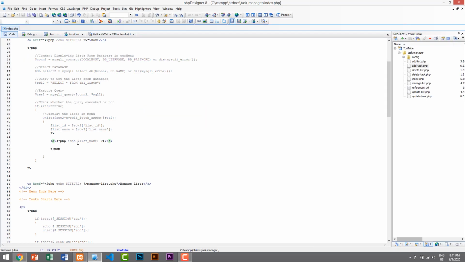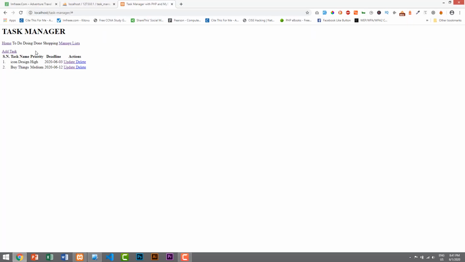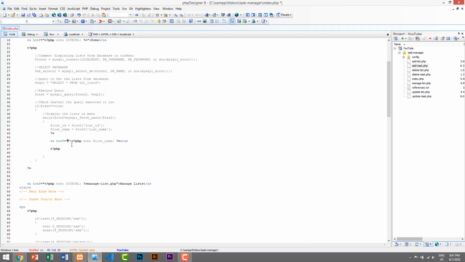So let's add href equals to, and whenever we click on this link, we need to display all the tasks based on that list. For that processing, we will create another page called list-task.php. First we need to give the full URL, so echo site URL,